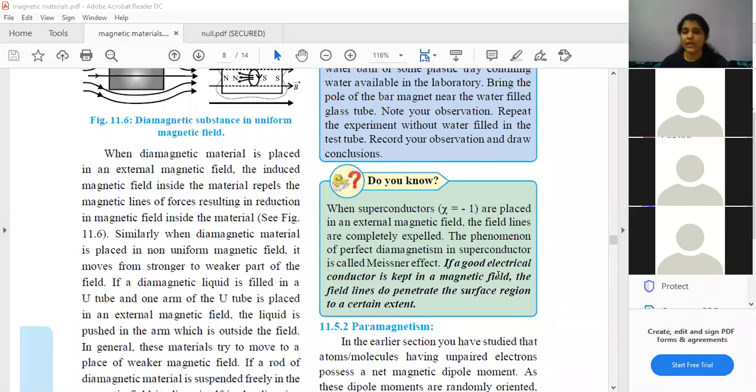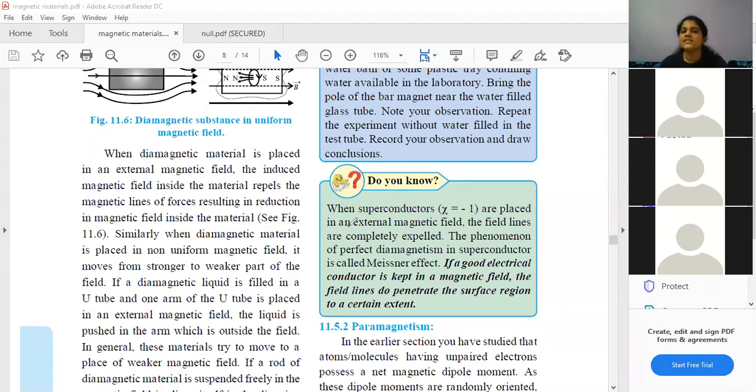Now students, before I move to paramagnetism, you all can see this blue box. Please star mark this box and keep, because superconductors have susceptibility -1. This was discussed somewhere in this chapter before. All right, superconductors are where the current moves without any resistance. Okay, they have susceptibility -1. Minus means it is diamagnetic. Okay, fine. Negative values mean diamagnetic, right?